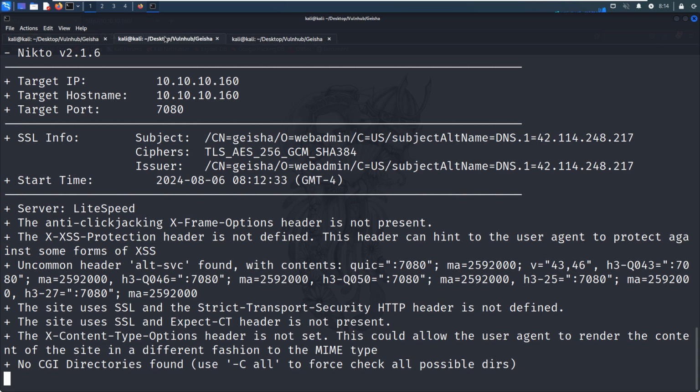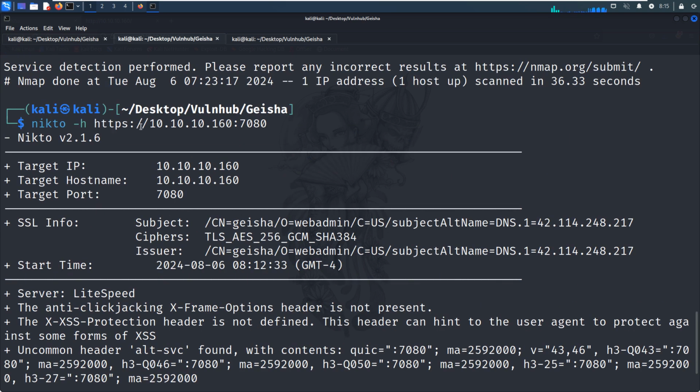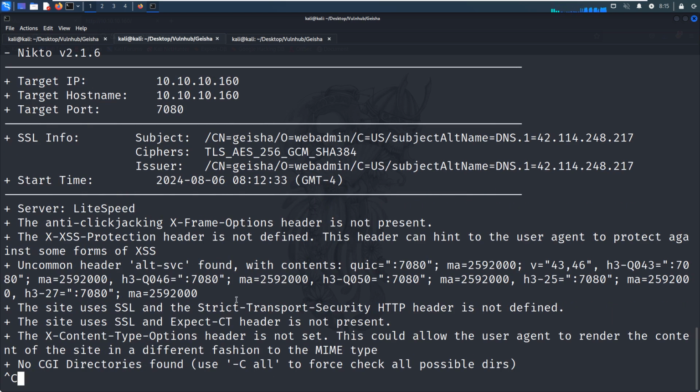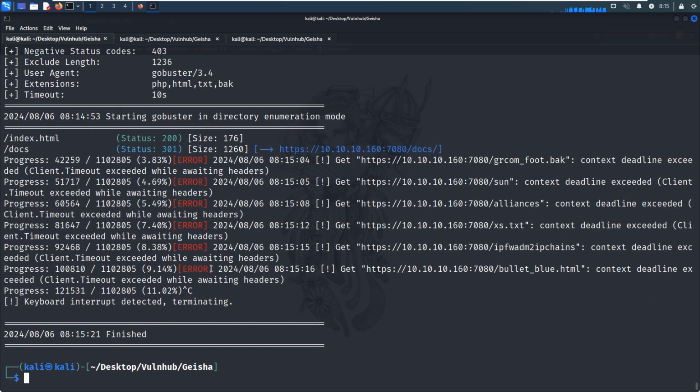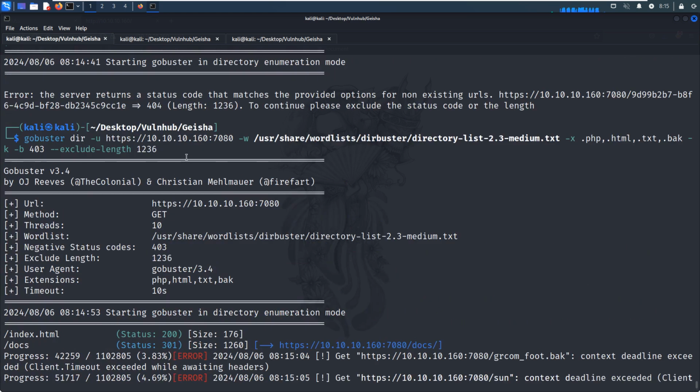And then we can switch over to this tab. I don't think we can find anything from Nikto. As you can see, Nikto, so I'd like to interrupt it here. We got some errors. All right, I do not think we can find anything from this web application running on port number 7080. And now we can move forward to the next port number.